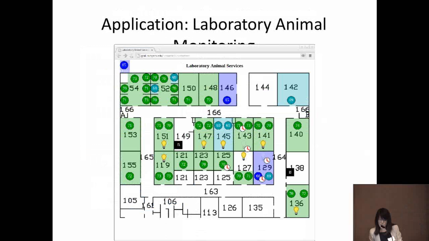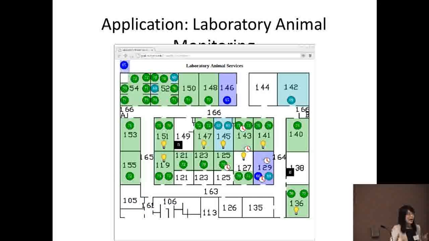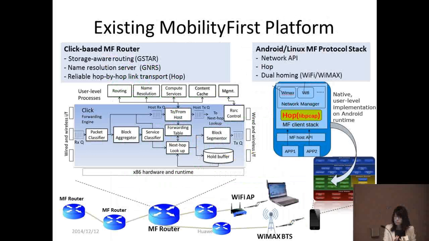We have also deployed this system to monitor animal conditions in animal labs. At the same time, we are right now pushing MobilityFirst to support all these IoT systems. So this is a simple demo that we have. In this demo, we have sensors at WINLAB. We are using a smartphone as an IoT gateway which runs the MF stack. So you can have several mobile devices that can communicate with each other. They can look at the sensor status